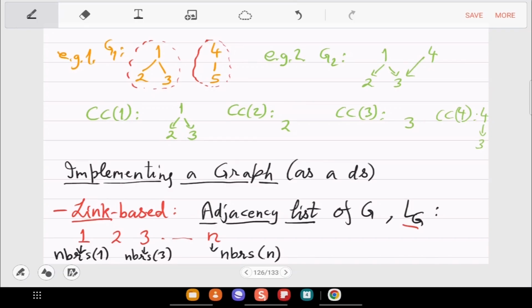Okay, and in no particular order. So neighbors of 1, whatever they are, like 2 or 3, you can have a linked list there starting at 1, 2 arrow 3 or 3 arrow 2, it will not matter, because we just are interested in linking all the neighbors of 1, right? So when it is 1 arrow 2 arrow 3, it doesn't mean that 3 is a neighbor of 2 also. There is no inner structure in the black part.